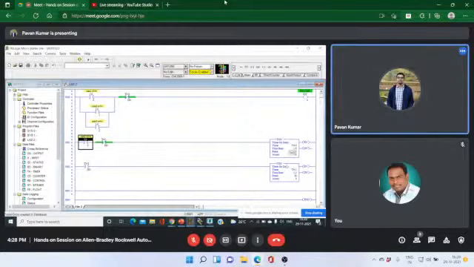To cut that fault, we have to use some timer NC bit, which is placed here of the second timer. It stops the flow from case 1 to the timer. So at a time there will be only one timer working. And it is for the case 1, and the same resembles for the other two cases.